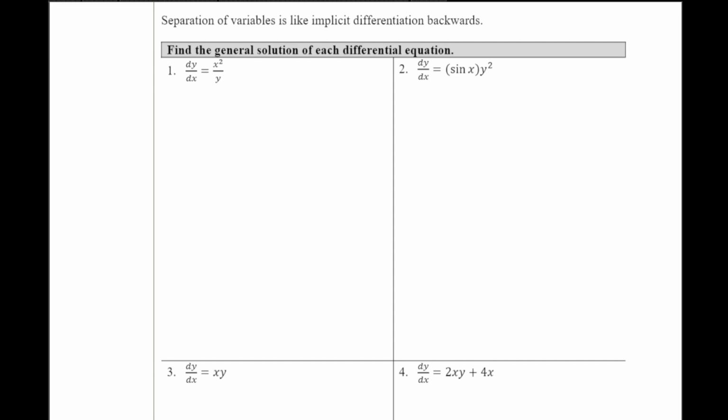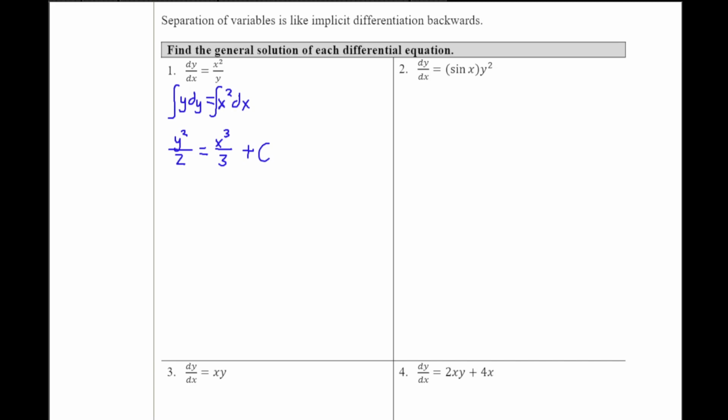You want all the y's and dy's on one side, and all the x squareds and dx's on the other side. So, you can multiply both sides by y, so you have a y dy, but also at the same time multiply the dx over. So it's x squared dx. Once you have this, now you can take the integral of both sides. When you take the integral of both sides, you get y squared over 2 using the reverse power rule, equals x cubed over 3